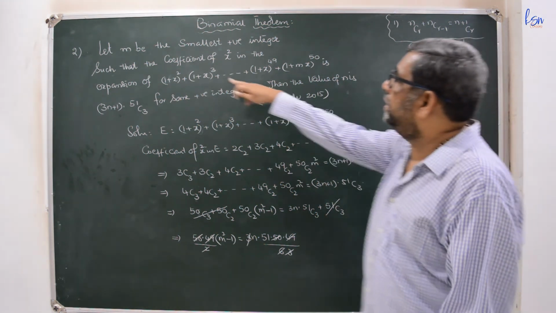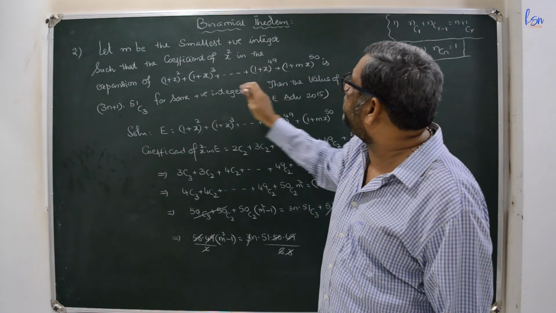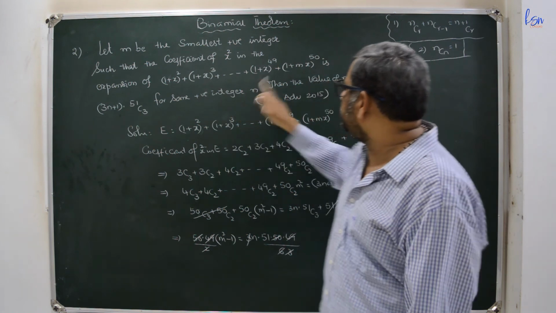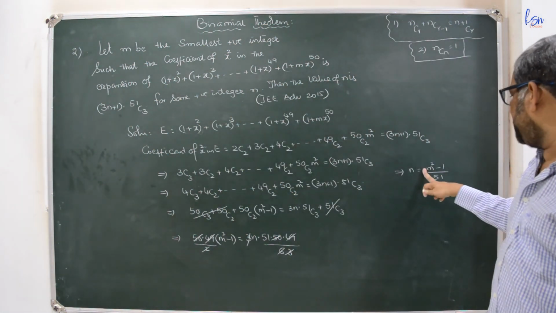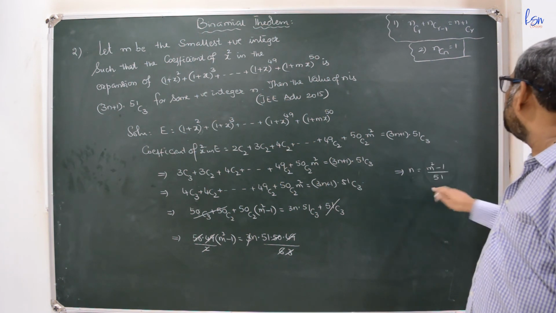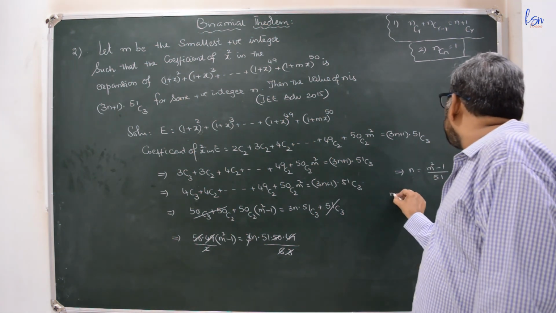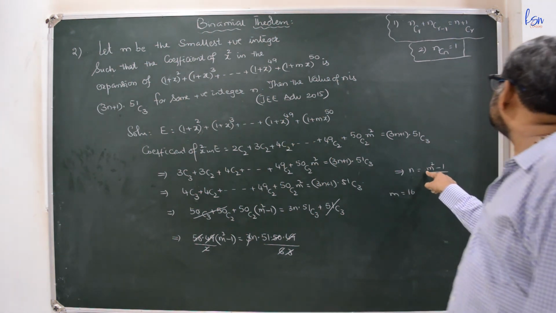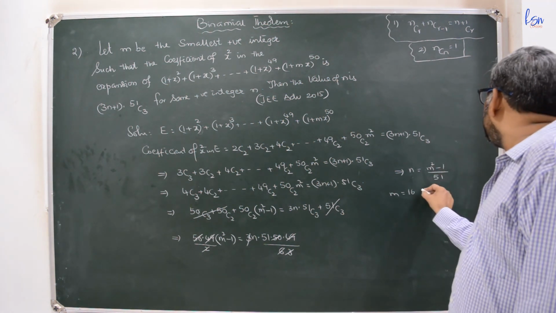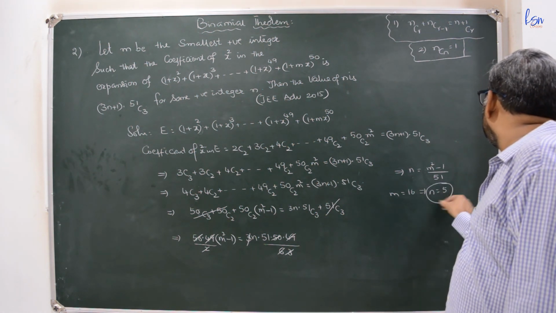Now here (1 plus mx), and for some positive integer n, m is the smallest positive integer. This is also an integer and we are asked to find out the integer. So this m must be an integer, and here n must be an integer. That means this must be a multiple of 51 also. So by verification, if you take m equal to 16, 16 squared is 256, minus 1 is 255, 255 means n is equal to 5. So n is equal to 5 is the resultant.